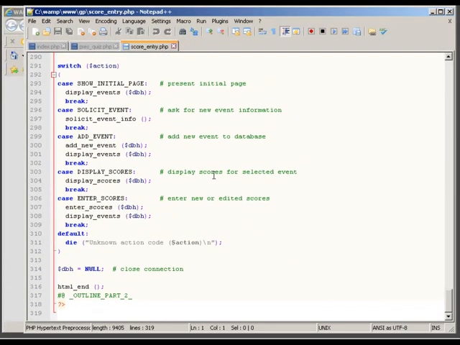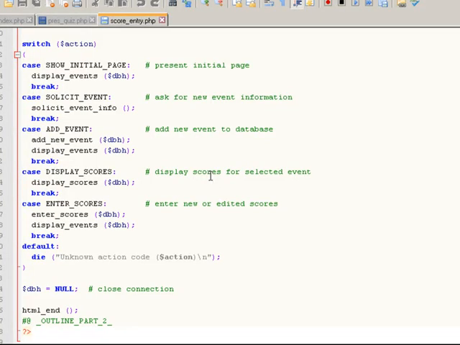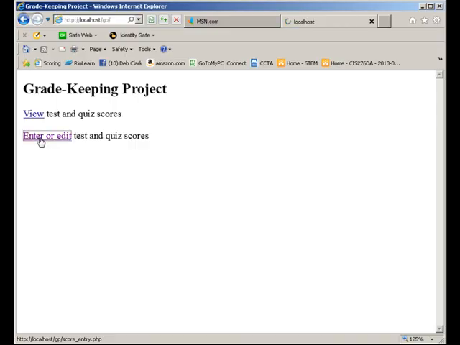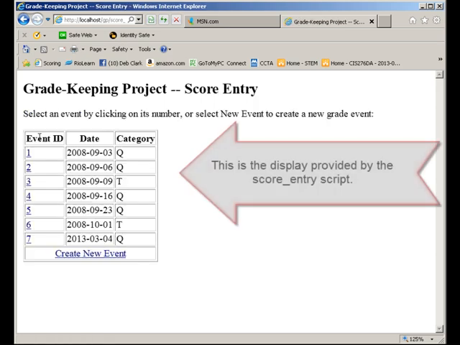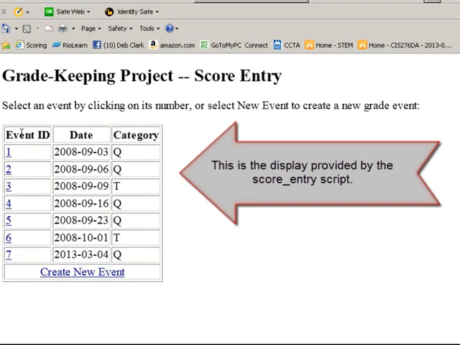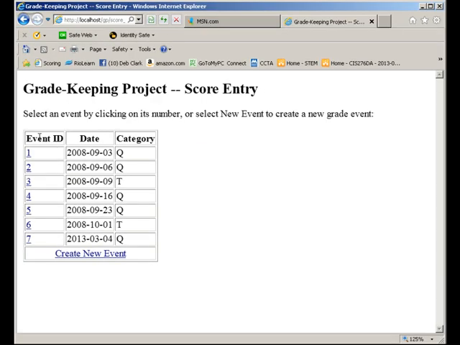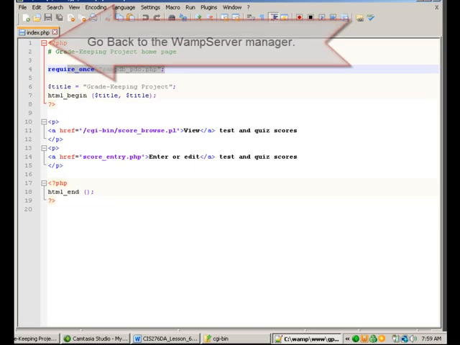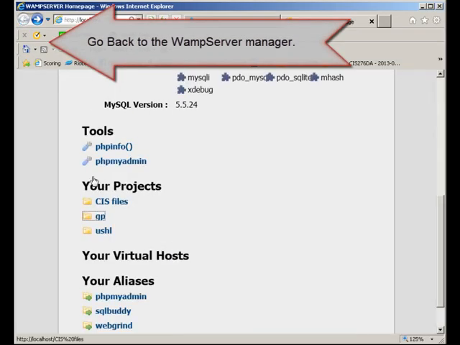I highly recommend that after you open it in your text editor, go back to WAMP server, open localhost, then open that GP sub-project, and follow through how the commands actually relate to what you see in the grade keeping project. Notice the display that comes up when you click Enter or Edit. And also try creating a new event or clicking on an event ID, and then relate the script commands with the web page results. You can close this out and go back to the WAMP Server Manager, and also use